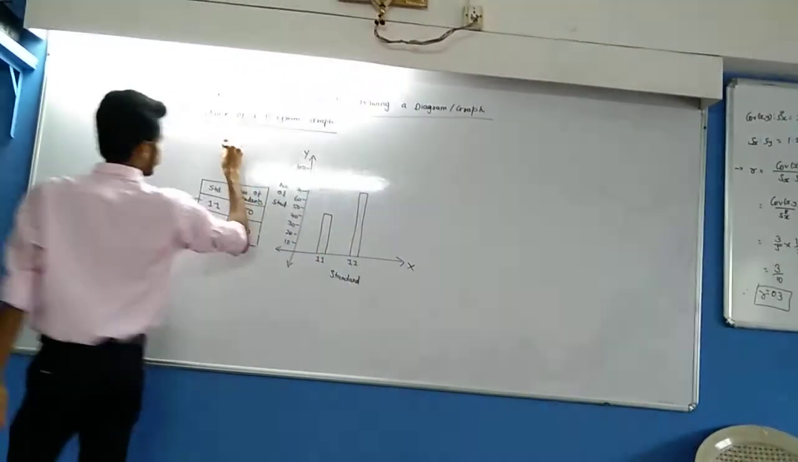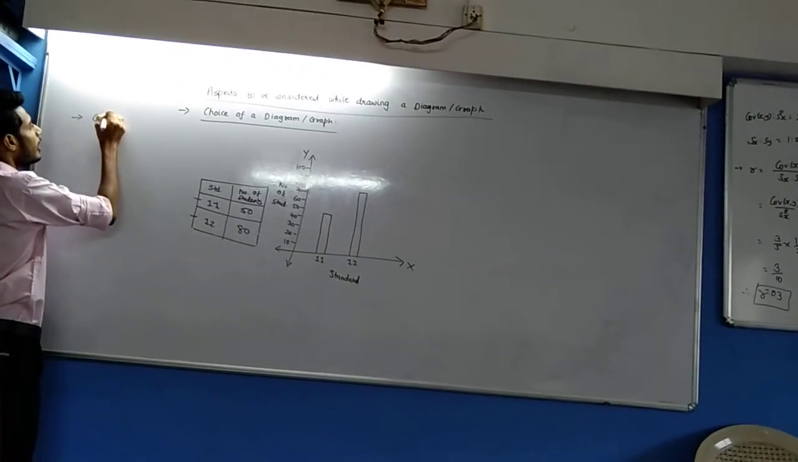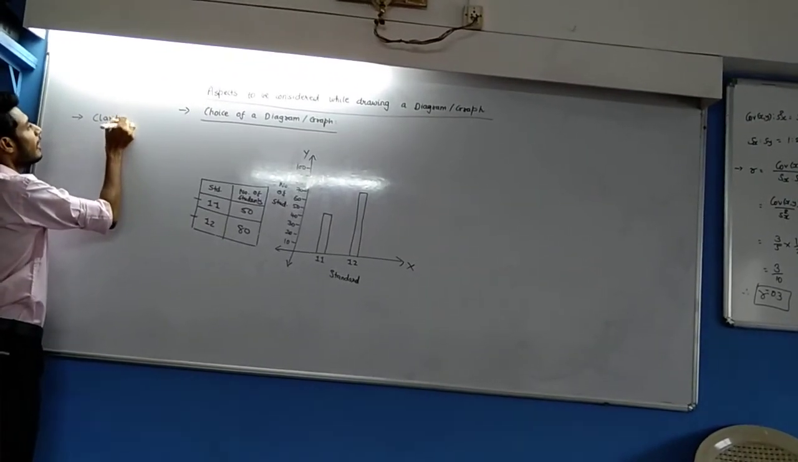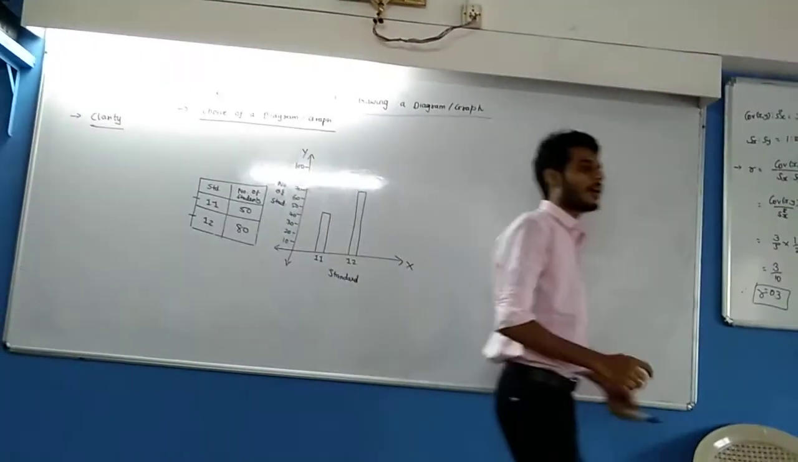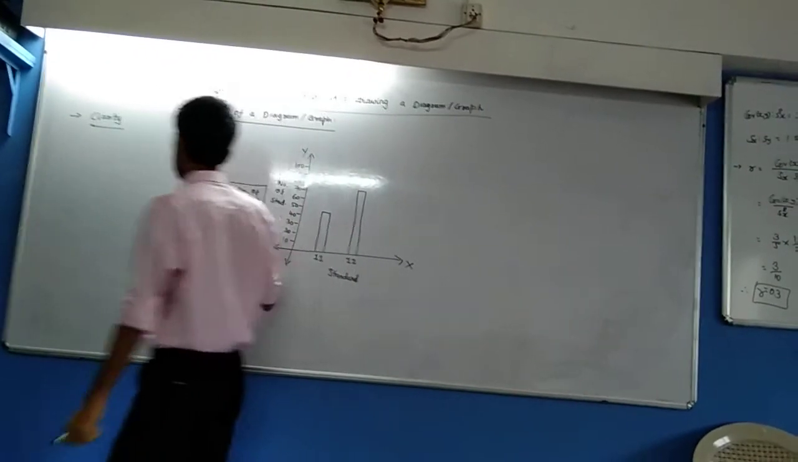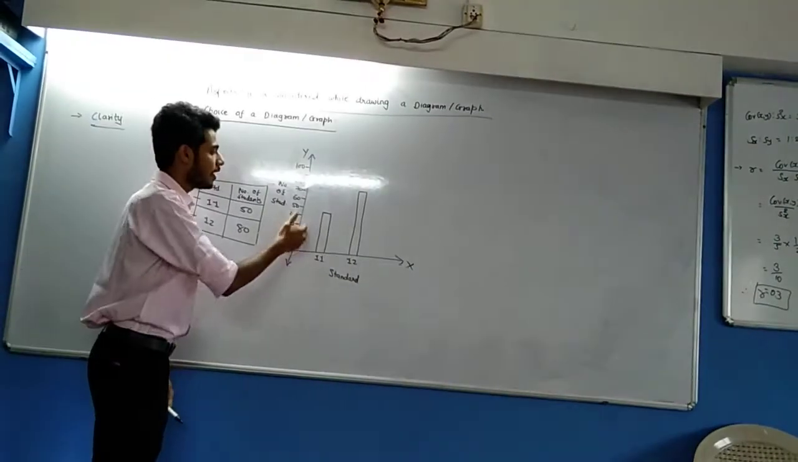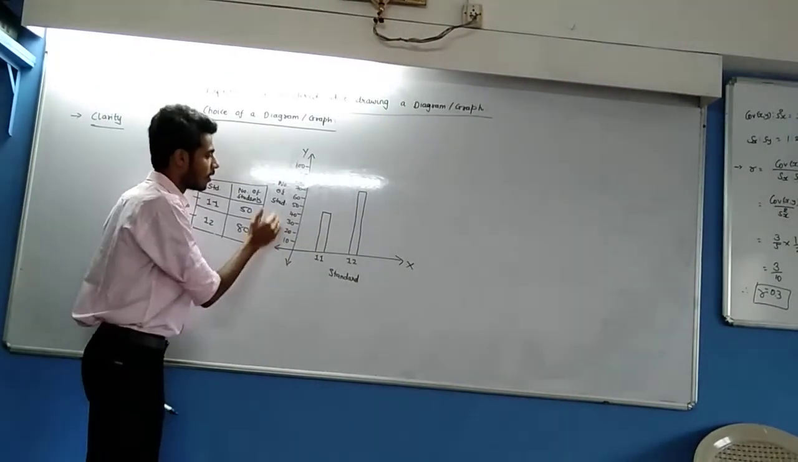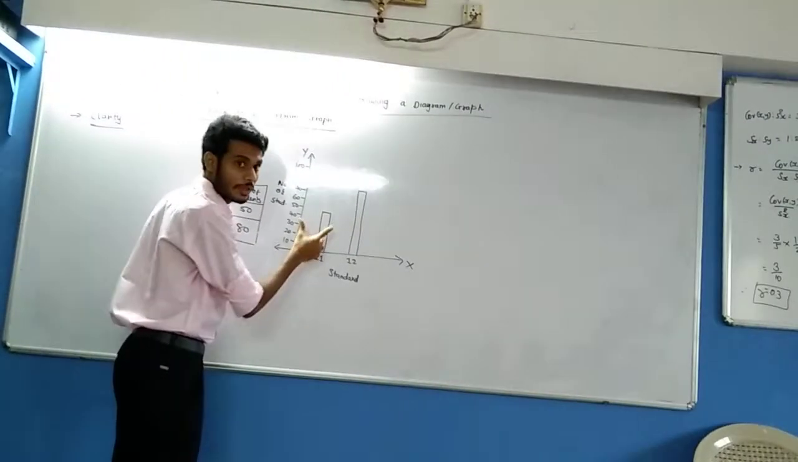The first point was choice of a diagram. The second point is that there should be clarity. There should be proper clarity in your diagram or the graph. Why is it necessary? Because if your diagram does not look neat or clear, or the numbers are not plotted well,